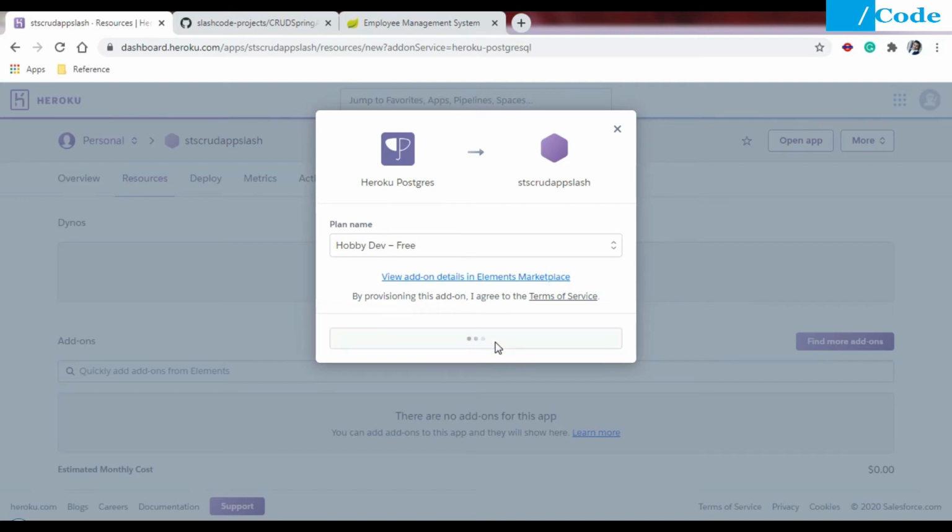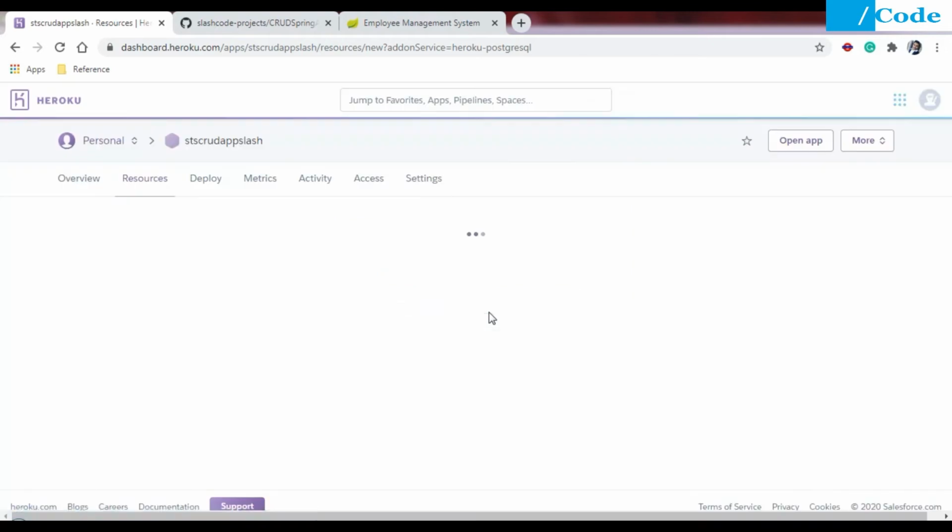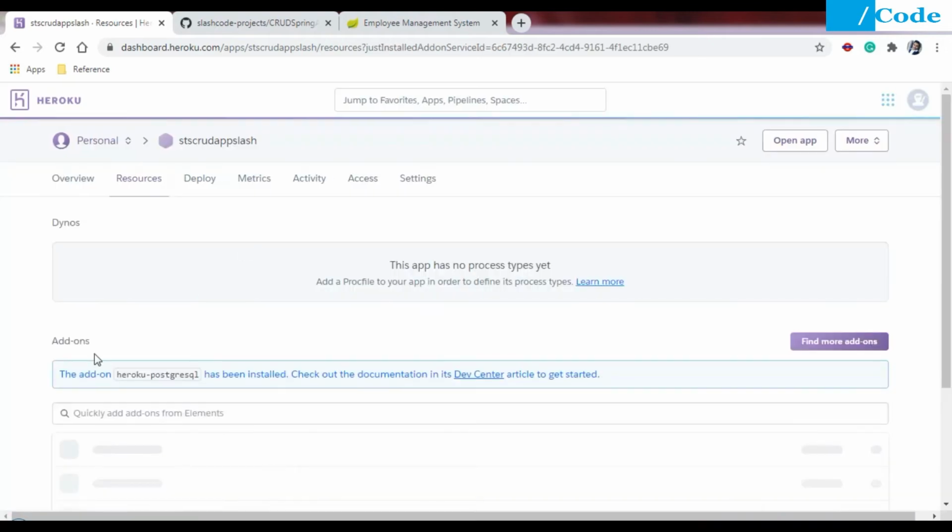Click on that. This add-on will be added to my application. So you can see here it is attached as a database, and we can use it free of cost.